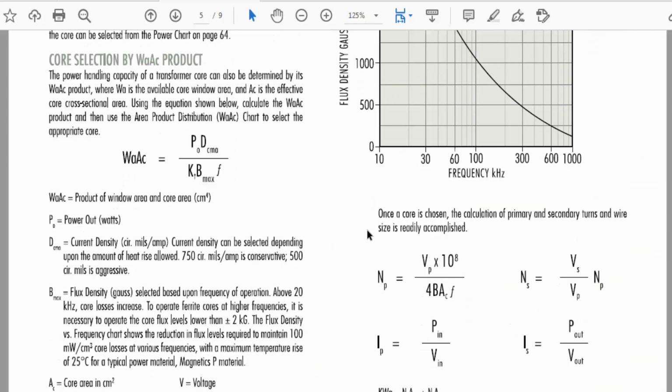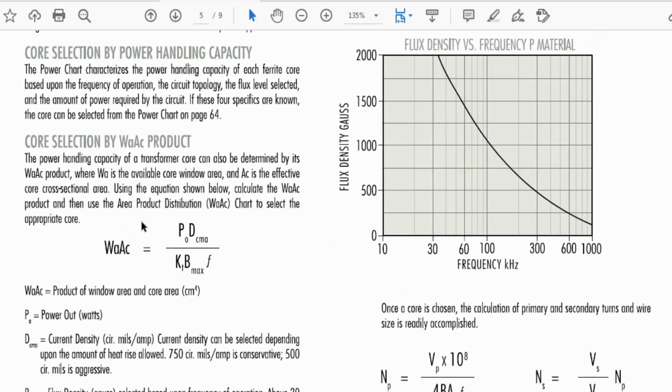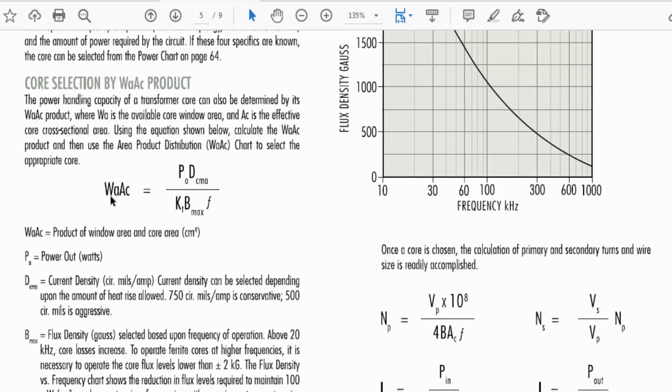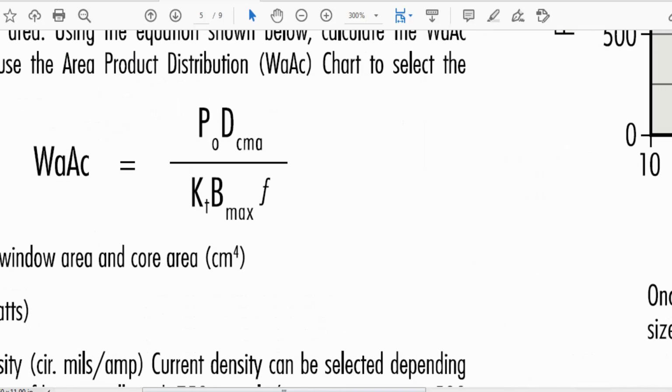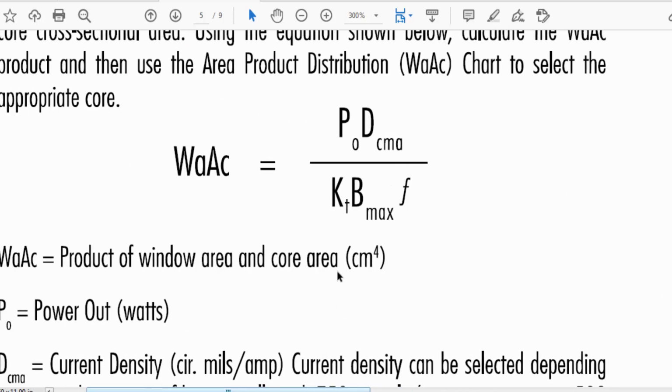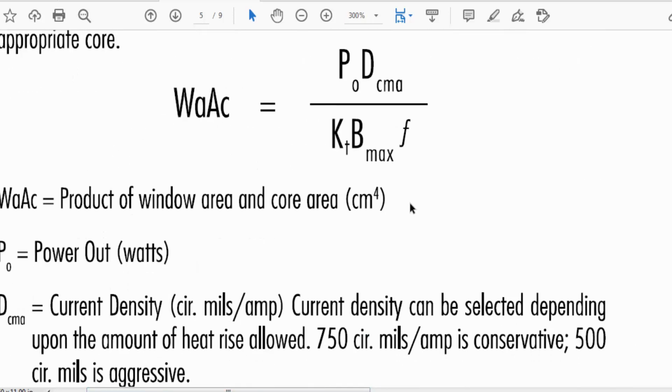For selection of cores, we can use this formula: WAAC, window area and core area product, power out, current density, KT, topology constant, Bmax, and frequency.